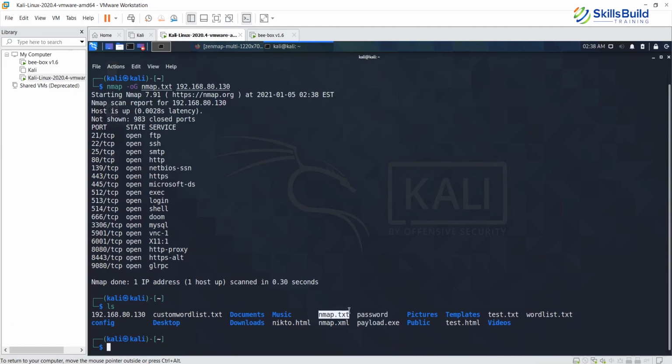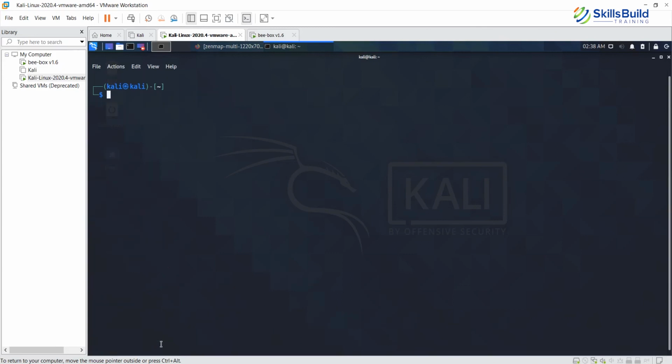And now we will save the output into all formats. So we use -oA, then nmap, again the target system. Let's do an ls.